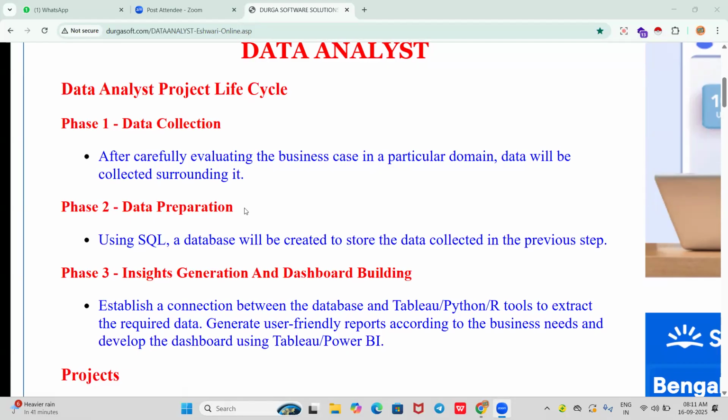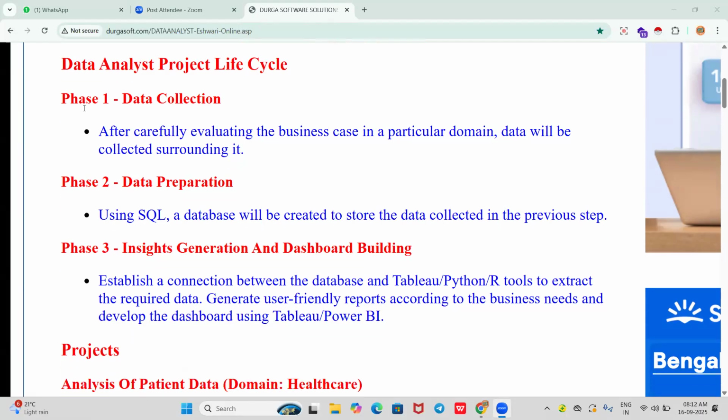So now we will quickly deep dive more into the course, that is the phases. This course has been divided into phase 1, phase 2 and phase 3. The first one is data collection, the second is data preparation, and the third is data insights generation and also dashboard building.